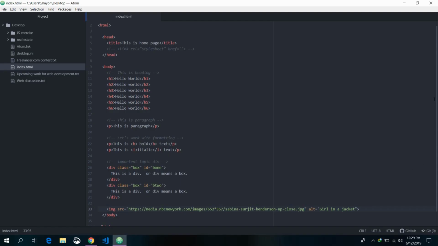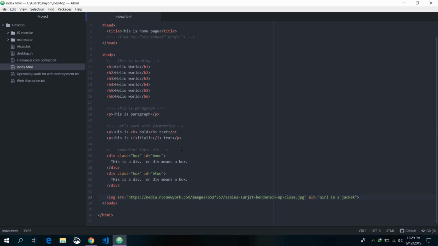One more thing you have to notice: everywhere there are two tags, one is the beginning tag and another one is the ending tag, but in image there is only one tag. We need to write everything inside just one tag. Okay,